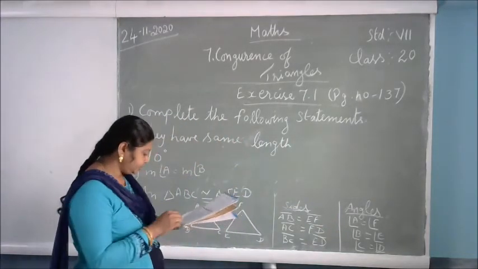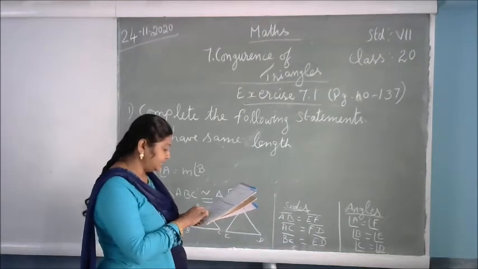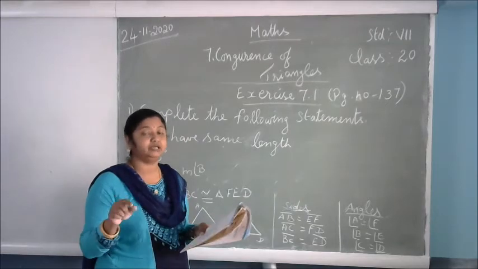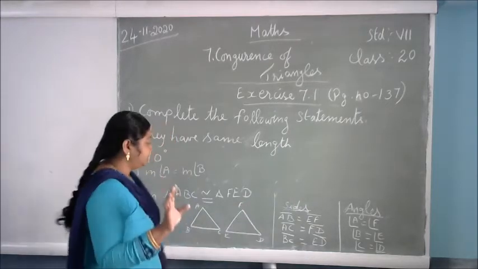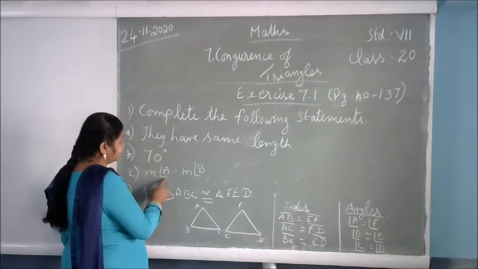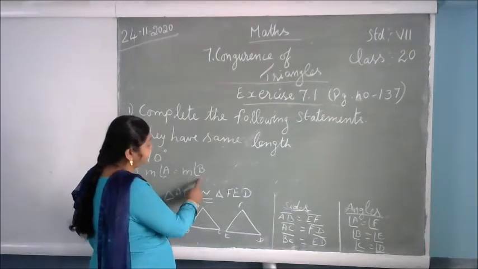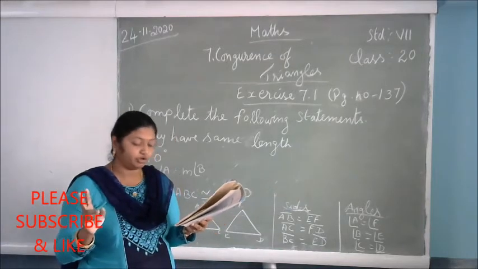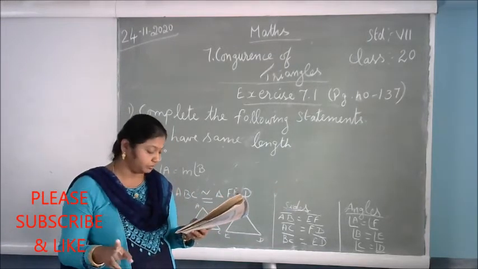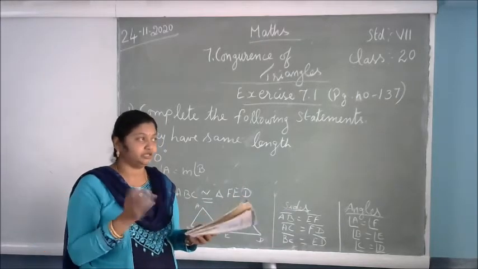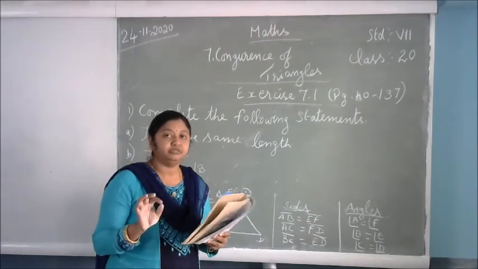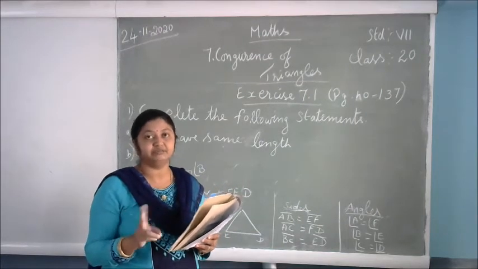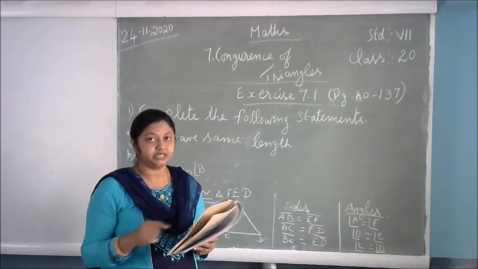Okay. The third one is, when we write angle A is equal to angle B, we actually mean, what is the meaning of angle A is equal to angle B? The actual meaning is the measurement of angle A is equal to the measurement of angle B. Okay. The second question is, give any two real life examples of congruence, that you have to write in the homework notebook. Think and write: if you are seeing anything outside in your life that has the same shape and size, you should give that example.